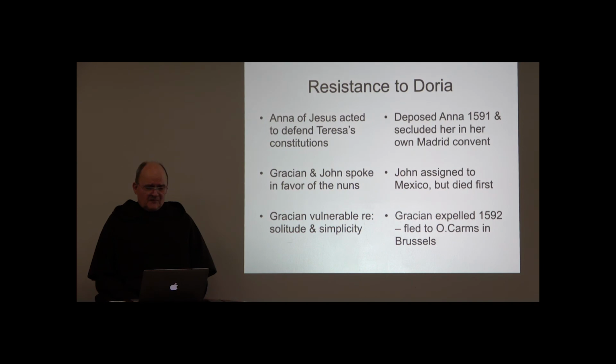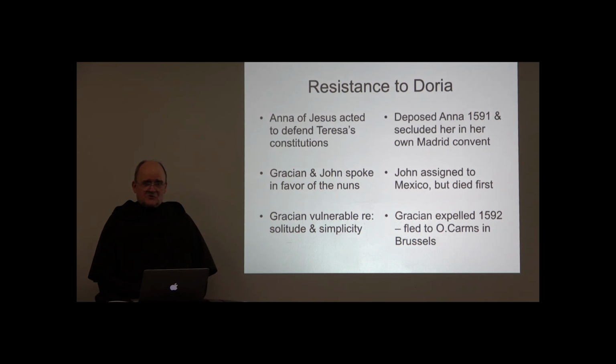Gratian himself, unfortunately, was not as fortunate. He's going to be expelled from the order in 1592. Doria pointed to his lack of solitude, his over-familiarity with the nuns' communities, the fact that Gratian always pleaded poor health for needing variations on the dietary regulations. So, that was enough to convince Doria that Gratian was not a worthy discalced friar, and